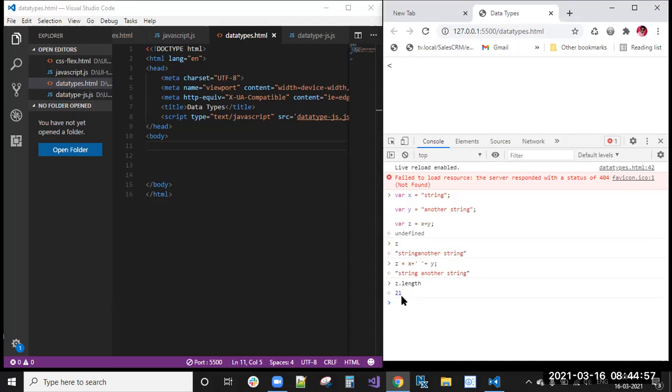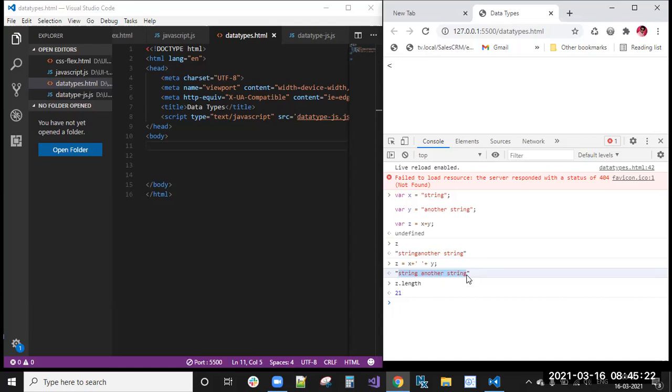Z dot length means we will get the number of characters in a string. So we will count: s 1 2 3 4 5 6. Space is also one count only. 7 8 9 10 11 12 13 14 15 17 18 19 20 21. Okay, 21 characters in that string.